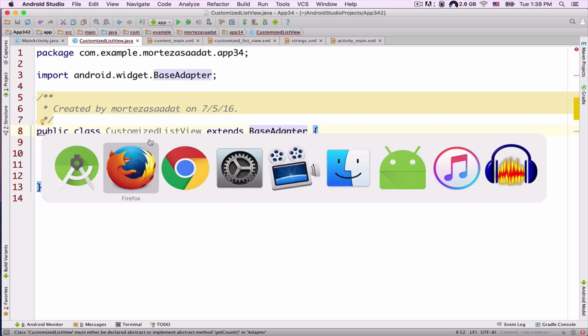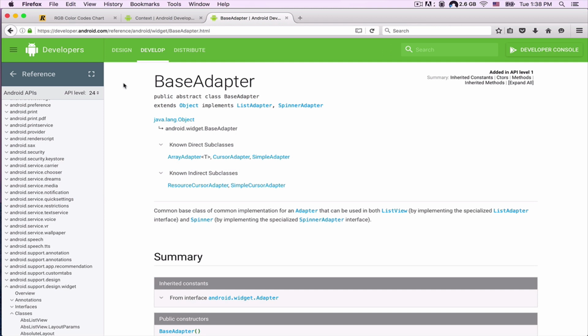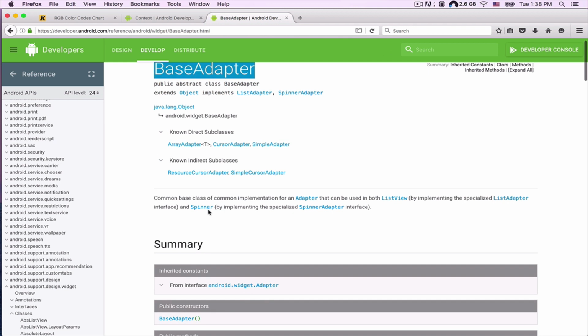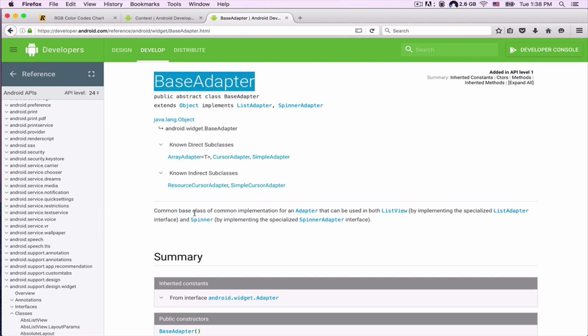So let's actually go to the web browser. As you can see, this is Android documentation, and in your web browser you can just put in this URL. Okay. And you will be guided to this page here. Okay. BaseAdapter. So this BaseAdapter actually is a common base class of common implementation for an adapter that can be used in both ListView, okay, by implementing the specialized list adapter interface. Okay,